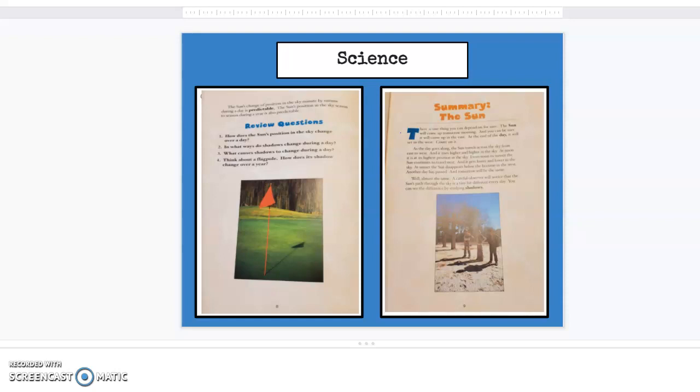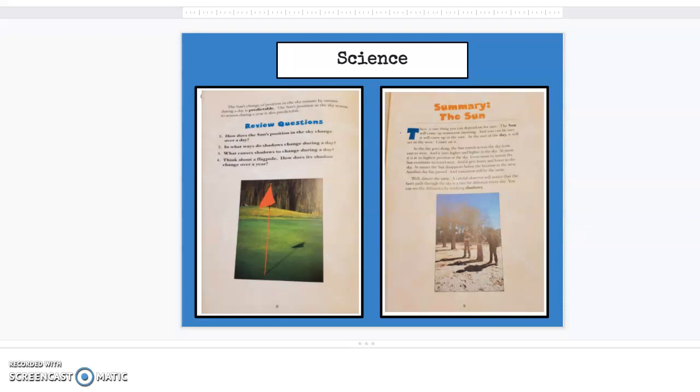Summary: the sun. There's only one thing you can depend on for sure. The sun will come up tomorrow morning. And you can be sure it will come up in the east. At the end of the day, it will set in the west. Count on it. As the day goes along, the sun travels across the sky from east to west, and it